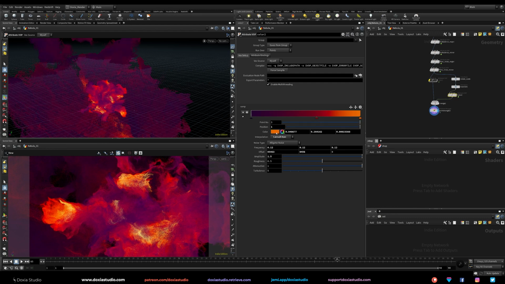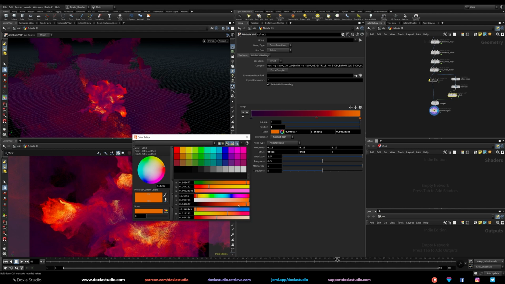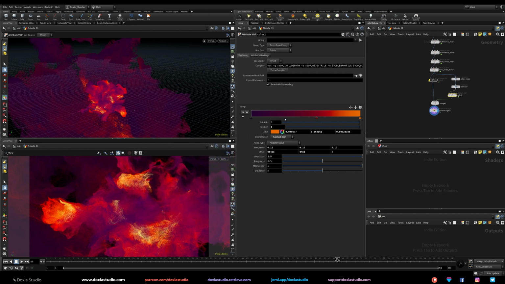And this one just a tiny bit. Okay, much better on the viewport. But when we render, we will keep the same colors.